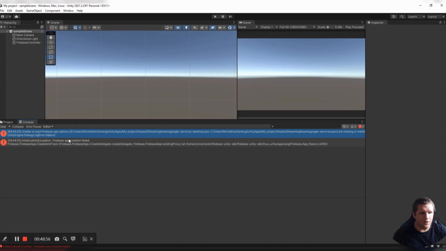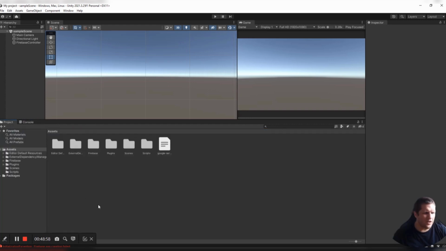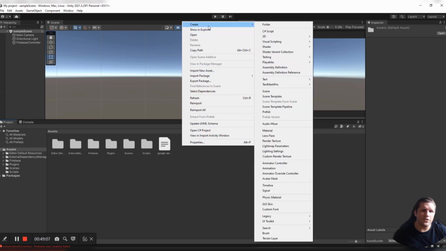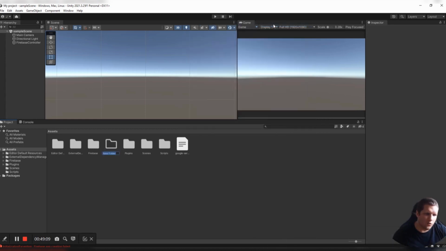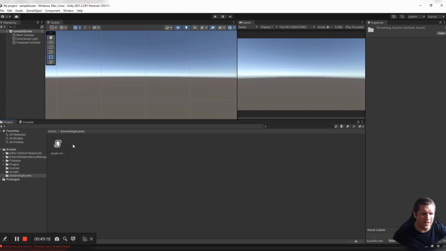Okay, so for this issue, it's a fairly common issue. It happens sometimes, it doesn't happen sometimes. I've not had it for quite a while, but the solution, for me at least, would be to create a new folder called Streaming Assets, and then just drag your Google Services in there. Other things to check, you want to also make sure that it says Google Services and not Google Services 1,